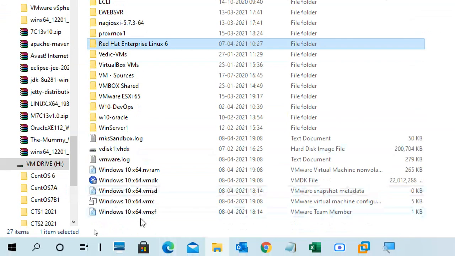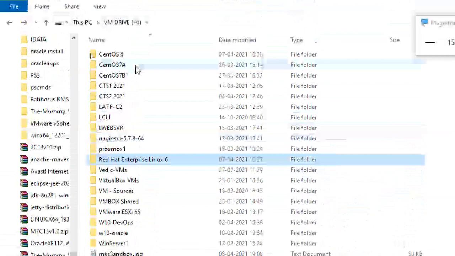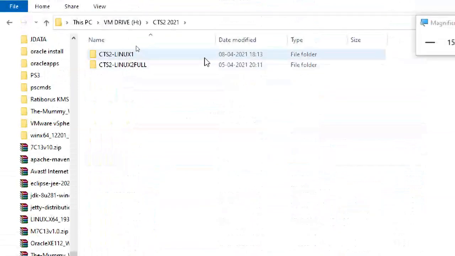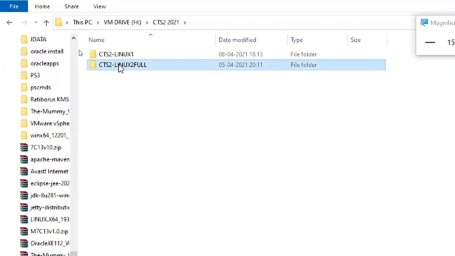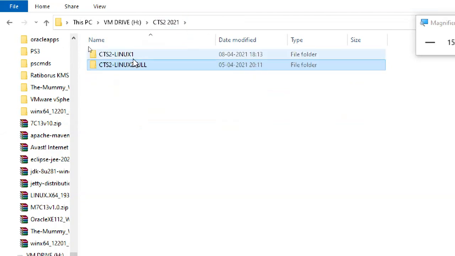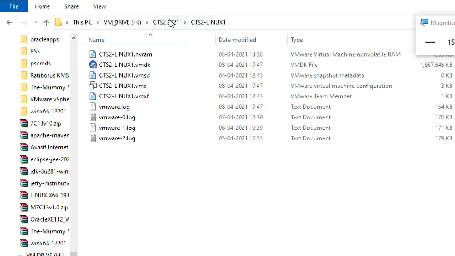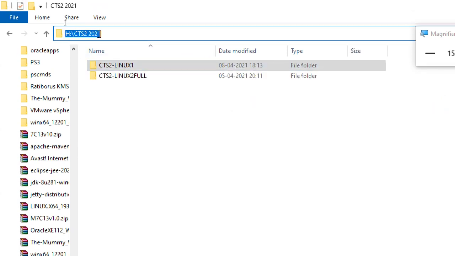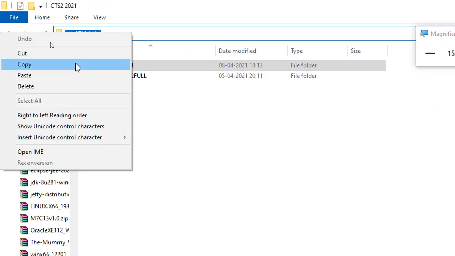So see, these are the virtual machine files created under the normal location. So this is the problem, you will get it. So better don't do like this. Better to choose a folder for each machine. Separate folders will be created like this. See, this is for one Linux. This is for another Linux. Keep them separately. So I created this one.